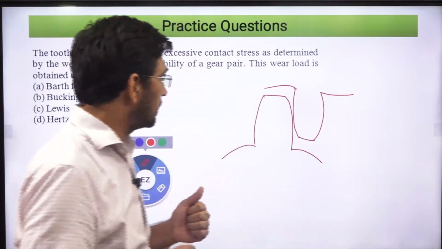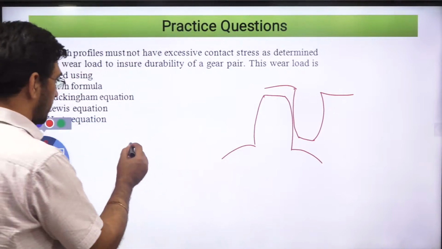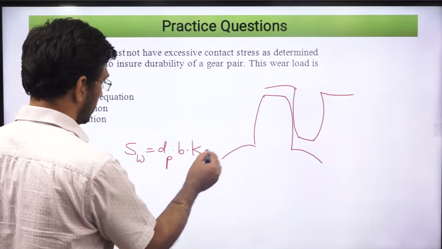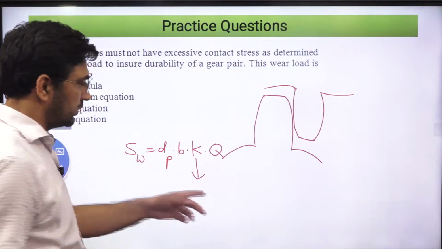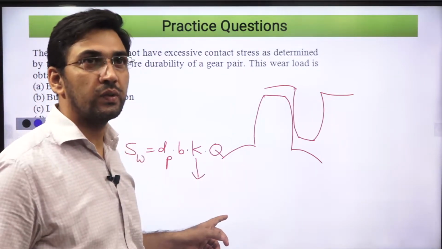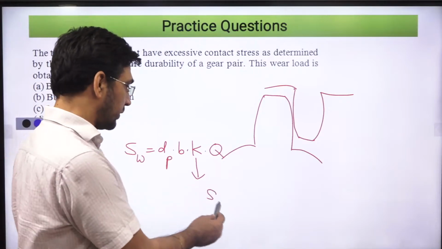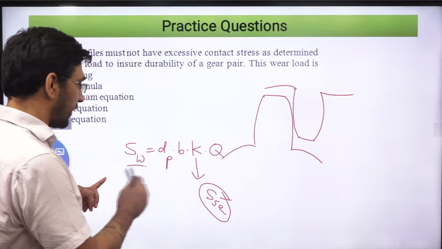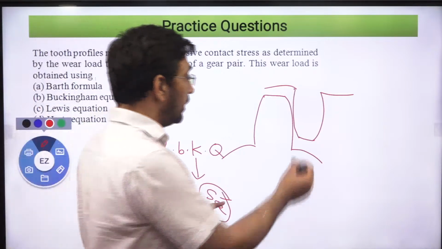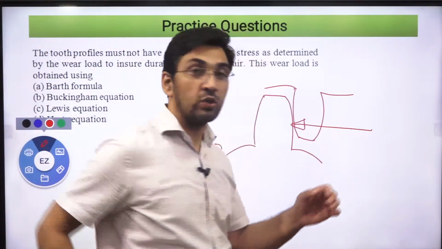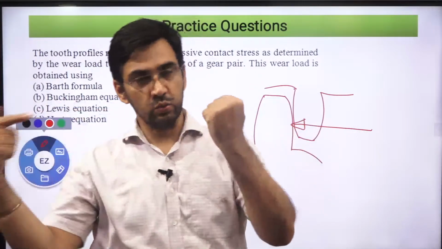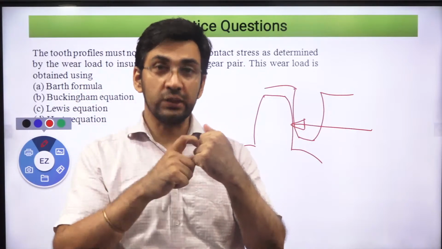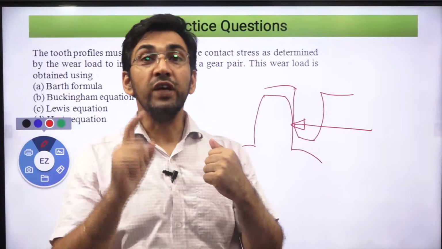Now for that, you have this wear strength. And in this case, the surface endurance strength concept also comes in the stress formula, if you have a little idea. But anyway, leave it. So what is this wear strength? Wear strength is the maximum value of the tangential tooth load, which we calculate at the pitch point, that I can apply on this gear tooth